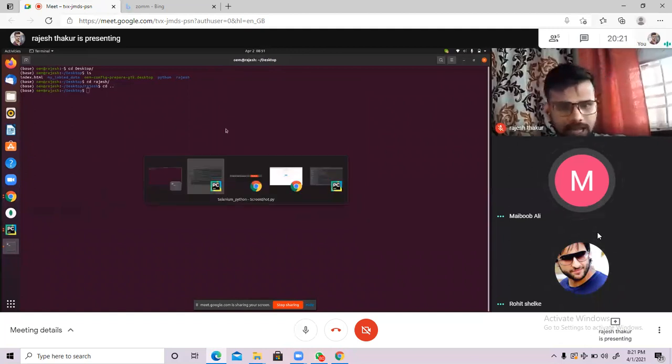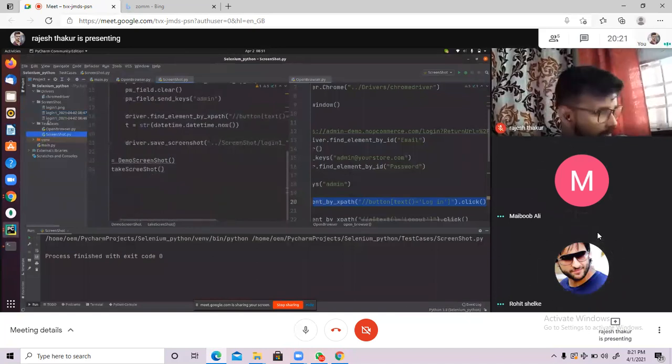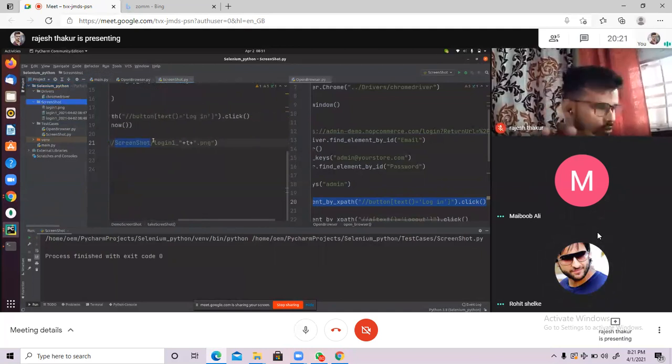So similarly, we have to do the same thing here. If you see, right now I am in this folder, inside of my test case folder. I have to store my file inside of the screenshot folder, right? So I have to come out from the test case, so that is the double dot. After double dot you reach the root directory. From the root directory you have to go inside of this folder screenshot, and inside of screenshot you have to give a file name. That file name you can give login.png, that is also fine.